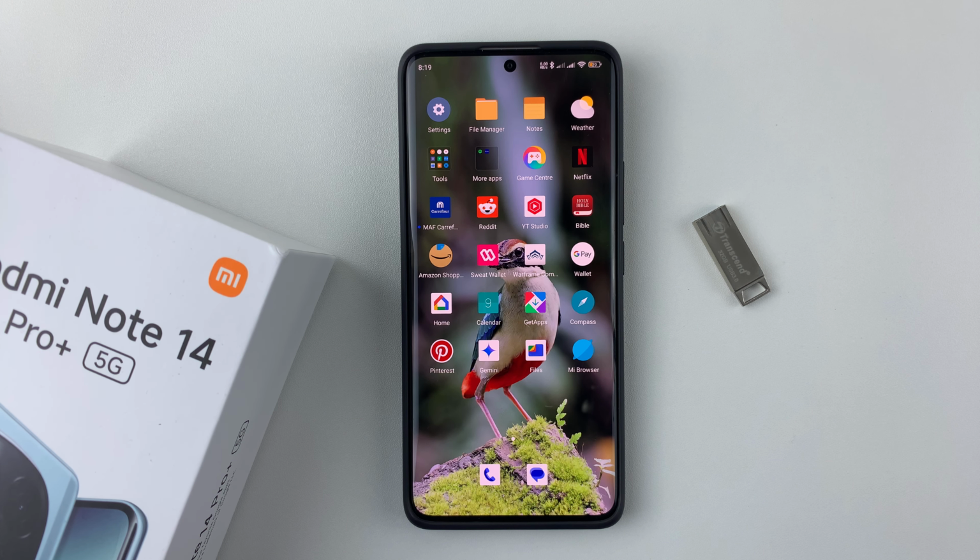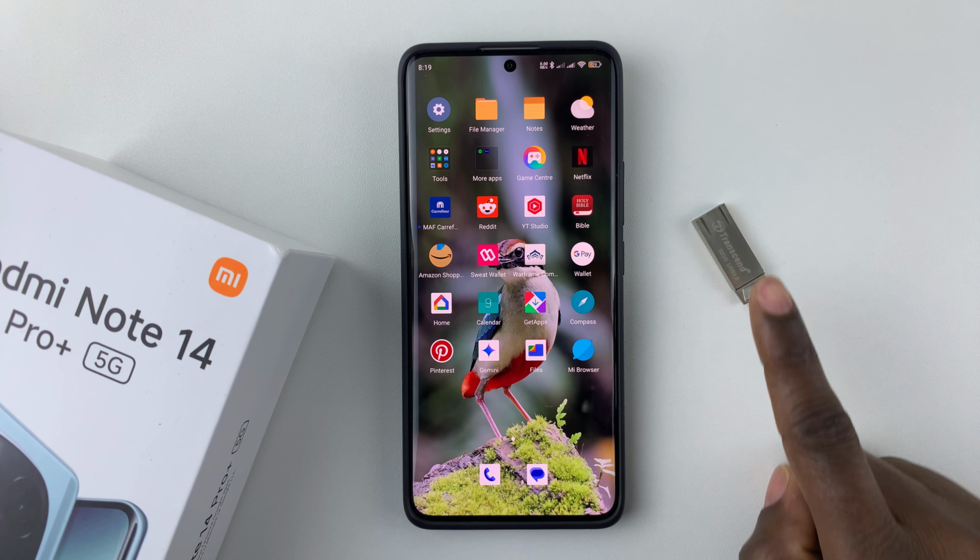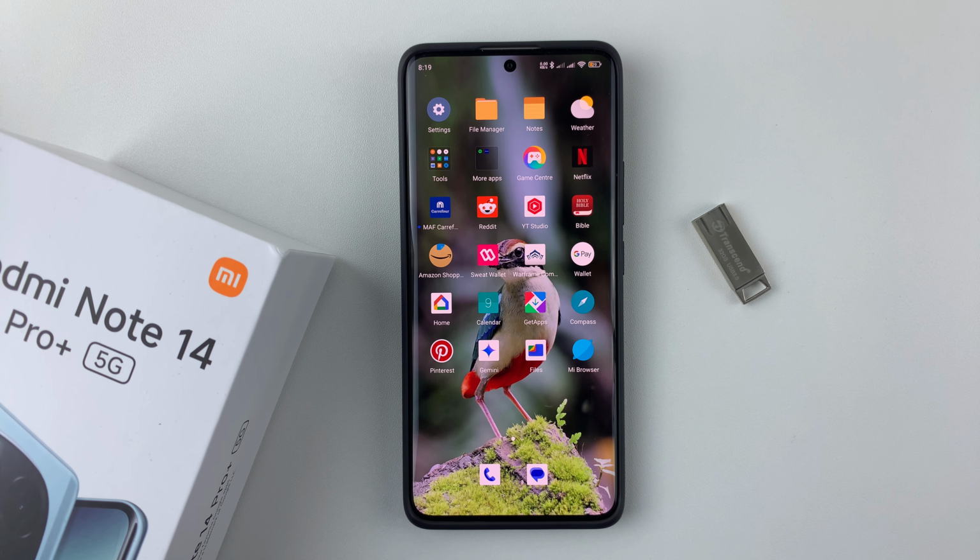Welcome back. In this video, I'll show you how to transfer files from your flash drive to your Redmi Note 14. So I'm using the Redmi Note 14 Pro Plus, but the same steps should apply for the other Redmi Note 14 phones. Now, first things first, you have to connect your flash drive to your Redmi Note 14, and